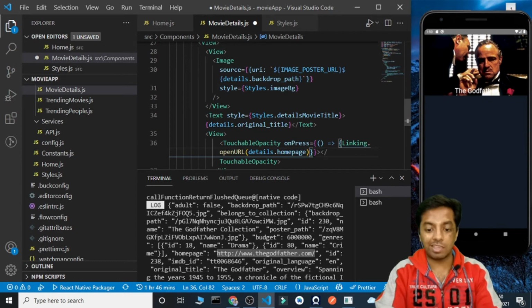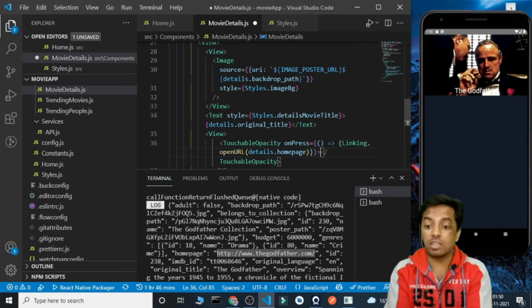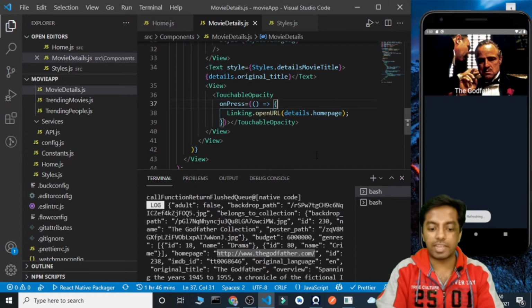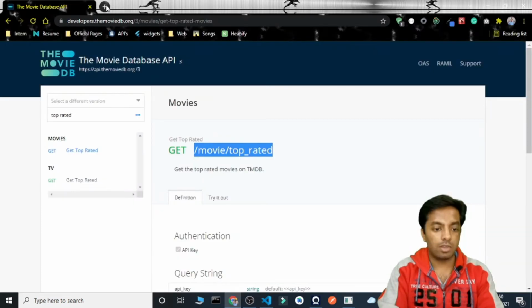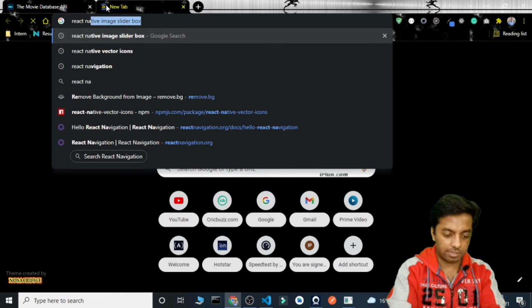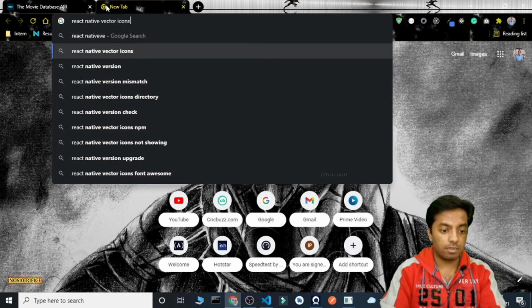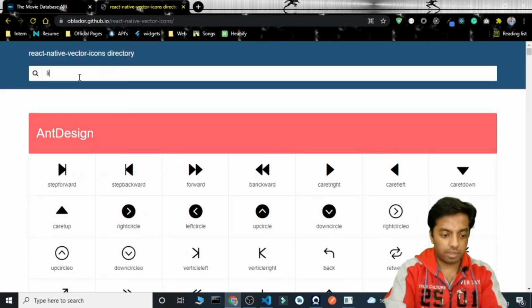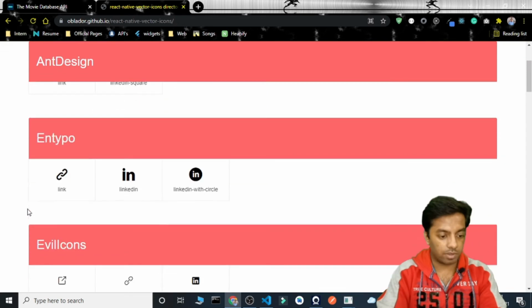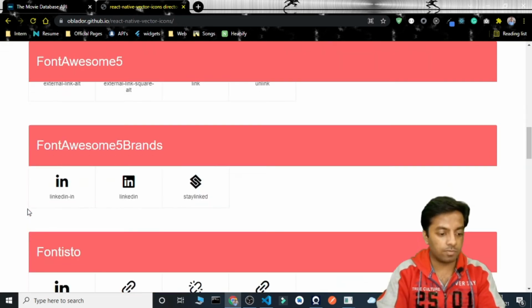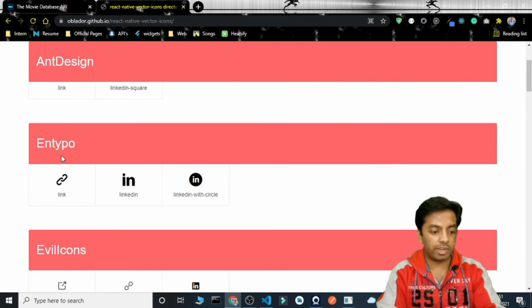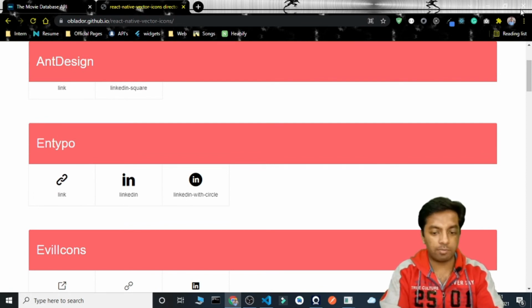Okay, but there is nothing inside this. At which thing are we going to click? So for that, let's add an icon. Okay, so let's head over to React Native Vector Icons again. And here we go. Okay, so let's search for an icon, link, and we got it. We can use any of them. So let's use this one. This seems good, and Typicons, and the name is link.